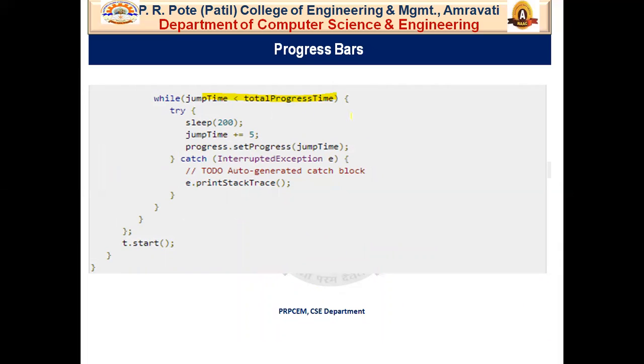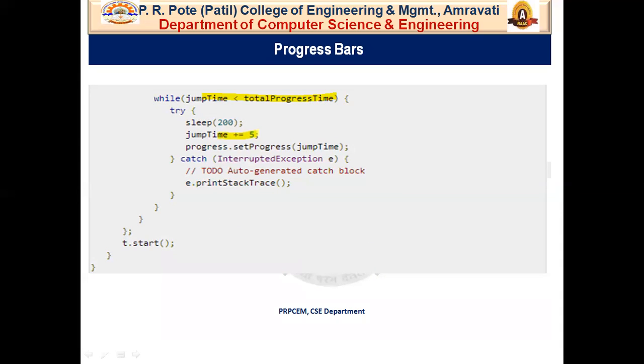So till the jump time is less than total progress time, every time we come here, we have increased the jump time by 5. This is the difference passed as a parameter. And we are setting the jump time in our progress bar. With this, we are able to increase our progress bar by 5.